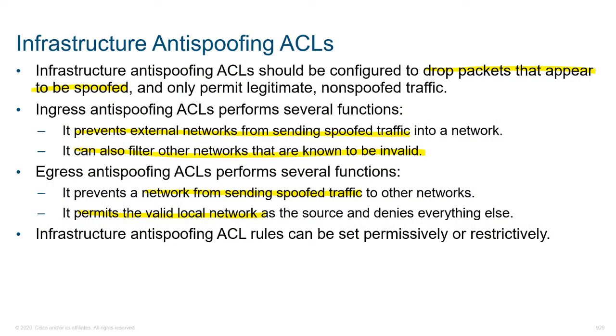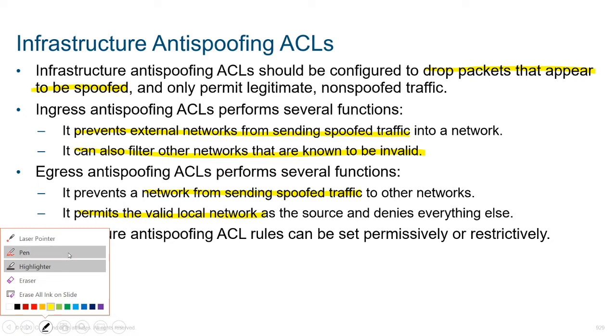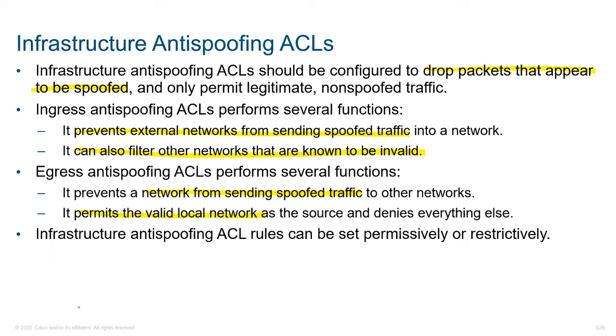All right, in this topic, we are looking at infrastructure anti-spoofing ACLs, and we're also going to be looking at uRPF. So first, with the infrastructure ACLs, basically what we are looking at are ways that we can configure access lists to drop any traffic that appears to be spoofed. So we only want to permit legitimate traffic, and there are two ways, of course, of implementing this: on ingress or